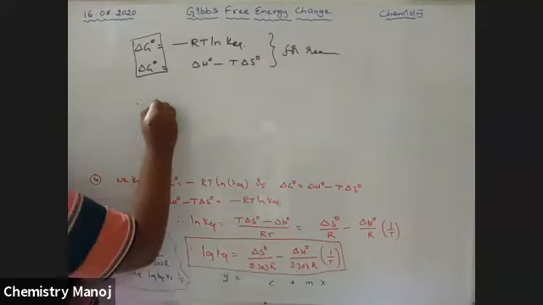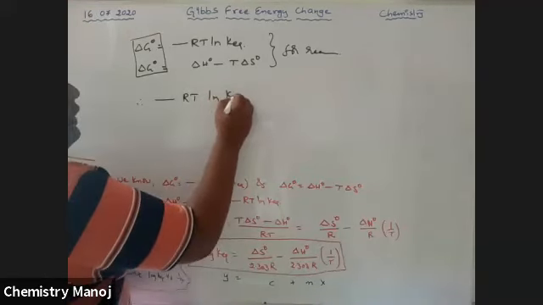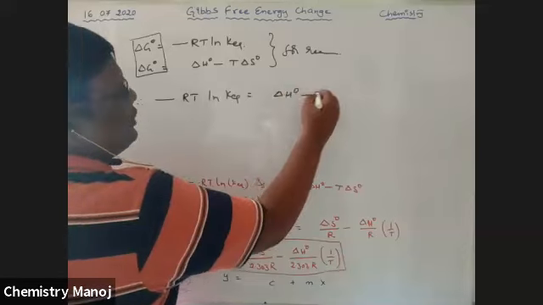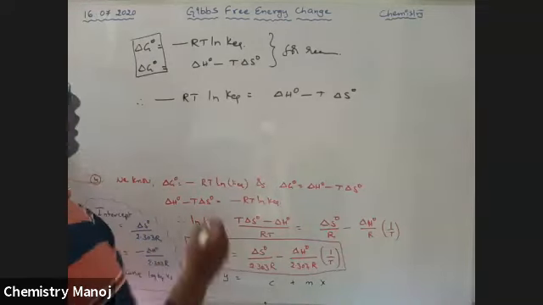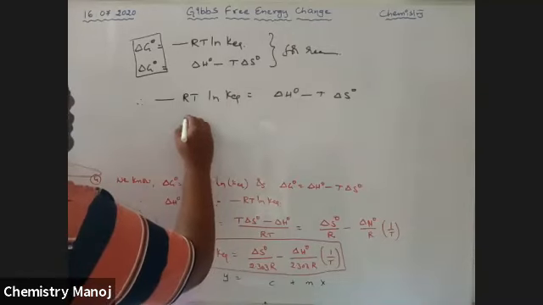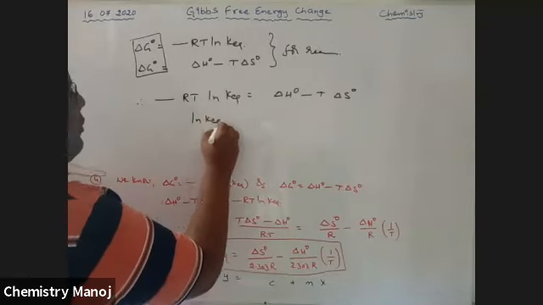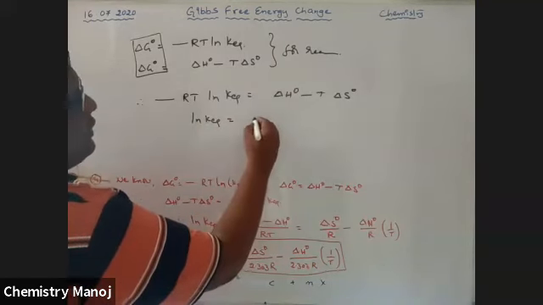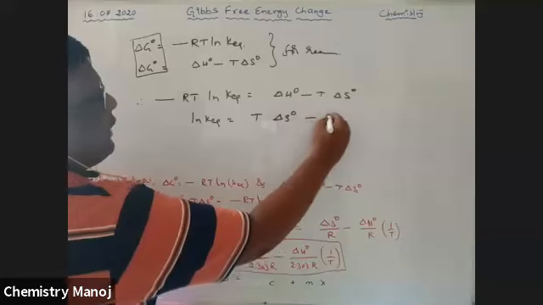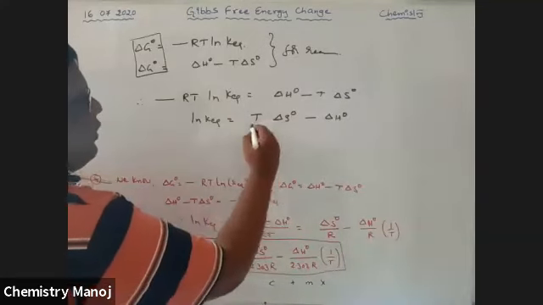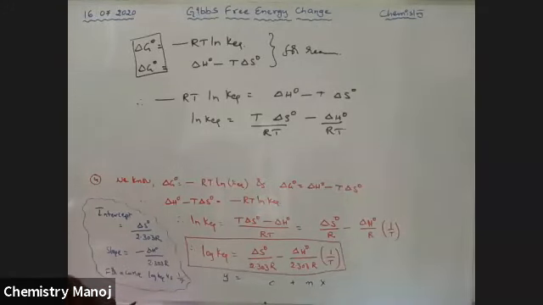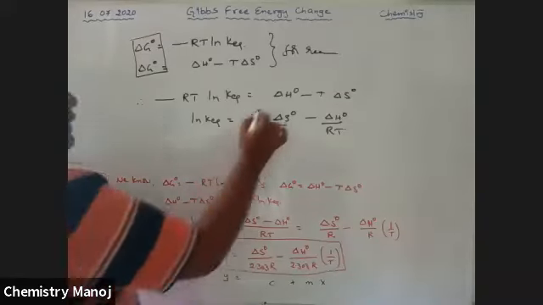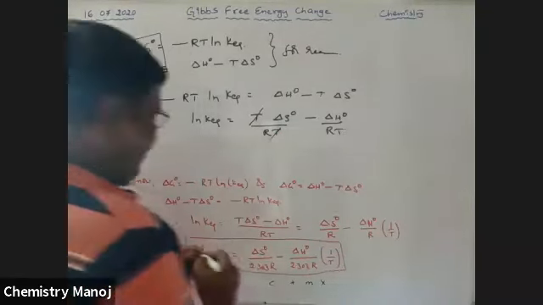Therefore, minus RT ln K equilibrium is equal to delta H naught minus T delta S naught. So now, readjusting the concepts. So ln K equilibrium is equal to, multiplying with minus, T delta S naught minus delta H naught, divided by RT. So now T and T get cancelled. Therefore, finally we have